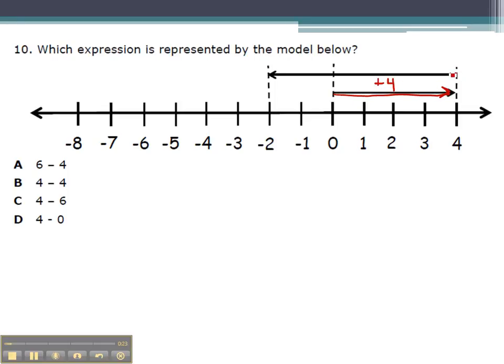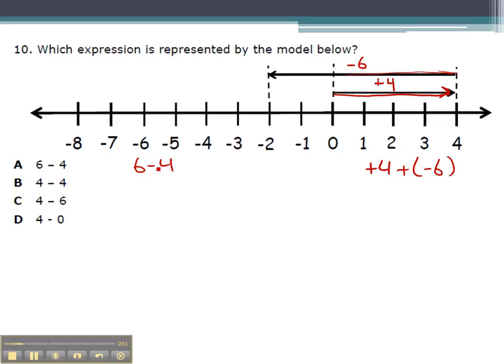To that arrow we're adding a negative integer because this integer is going to the left, and it's going to the left 1, 2, 3, 4, 5, 6 spaces, so that's negative 6. So we have positive 4 plus a negative 6. But I don't see that on any of these. The reason is these are showing just subtraction, so we have to remember adding a negative is the same as subtracting a positive. Or we could just think about these answer choices and change them, 6 minus 4, change them